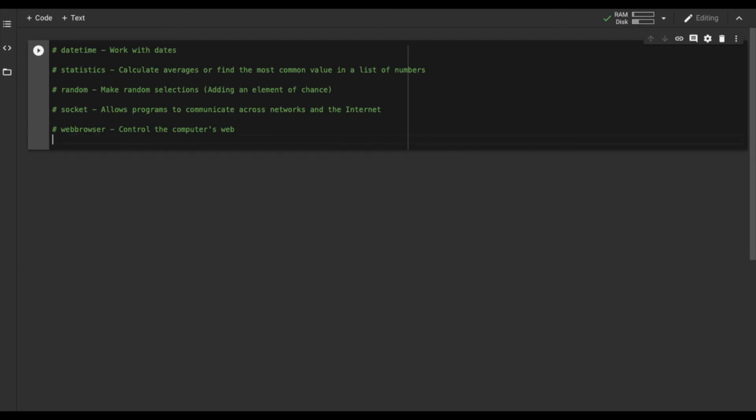Let's start by importing a module. Let's import, let's say, web browser. Teaching you how to use web browser. Typing the keyword import allows you to use all the contents of a module, in this case, web browser. However, you need to put the module's name before any function you use. This code imports all the web browser function modules and uses its open function to open the Python website in